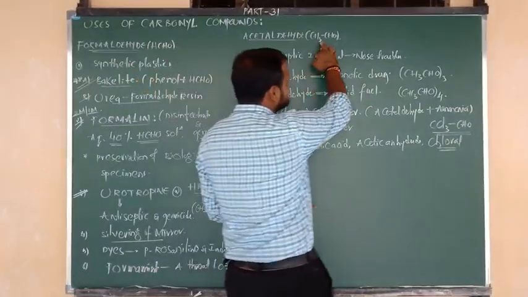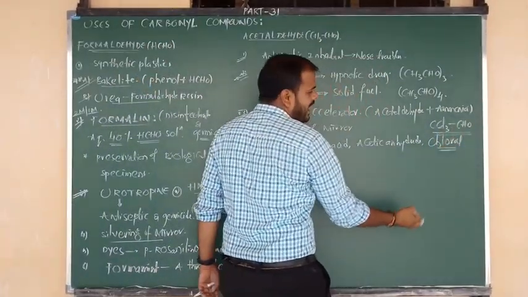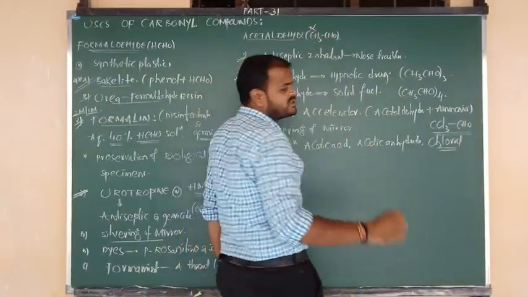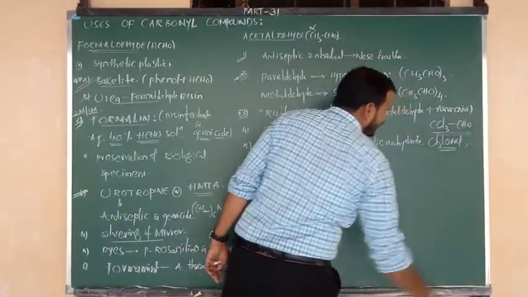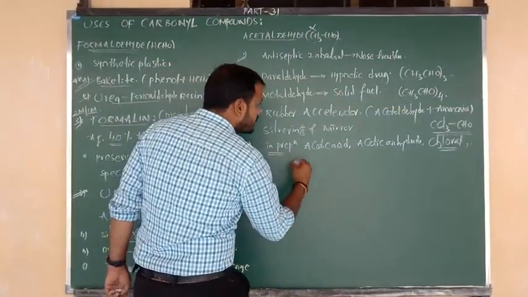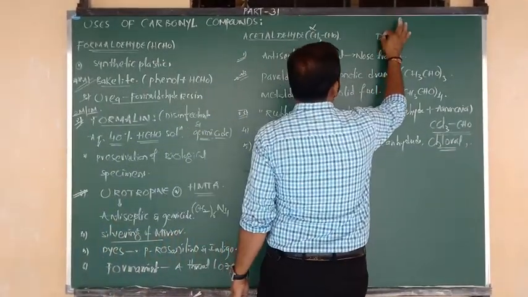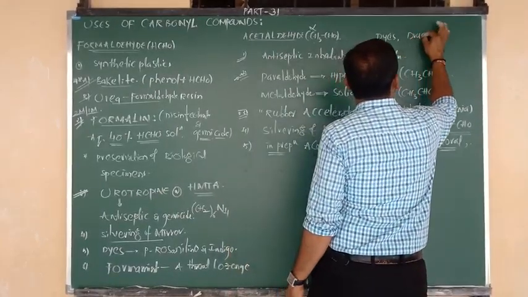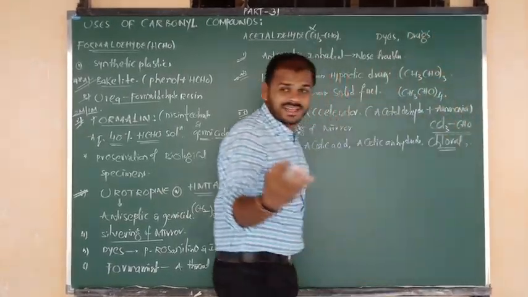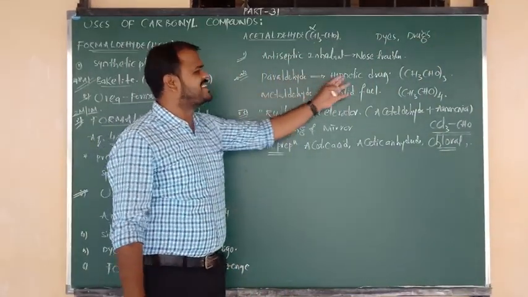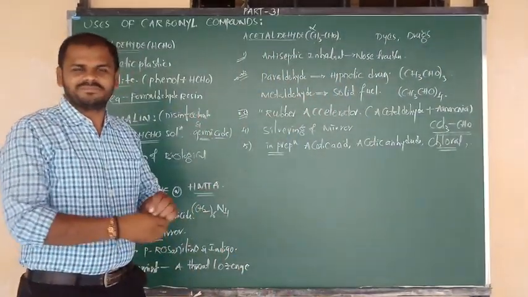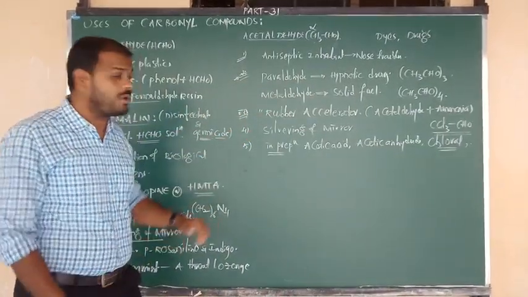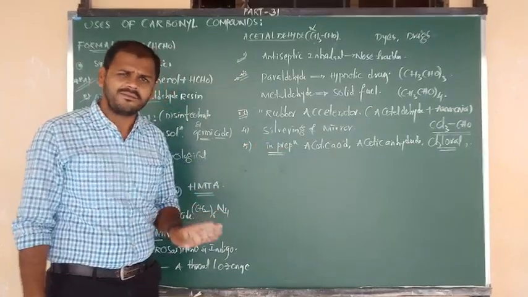Chloral. So this is acetaldehyde, this is trichloroacetaldehyde. Trichloroacetaldehyde means all three alpha hydrogens are replaced by chlorine and you get the compound that is chloral. And it can also be used in the manufacturing of dyes, colored substances, and also in the manufacturing of drugs. Already I have told you, that is the hypnotic drug. Okay, na beta. So these are around 4 to 5 uses I have given you, but focus on the first 3 only. Enough, Nana.